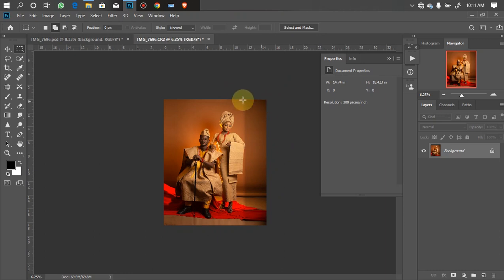So we still have a little bit of blemishes over here, so we are going to do the same thing to the top part also. Scroll over it, Ctrl T for free transform, hold down your shift key, then you drag up, click on your OK, Ctrl D to deselect. So that's the first step